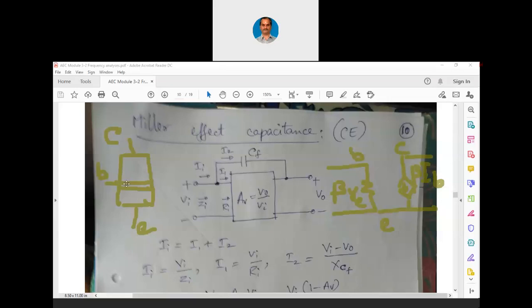Why? Because when the base to collector junction is reverse biased, there will be a depletion region in this PN junction, right? Now this is N and the base is P. You know this is P, and the lower one is N. When we are using this amplifier, this particular diode is reverse biased. And you know that whichever diode is reverse biased will have a larger depletion region, and the larger depletion region will have a larger capacitance as such.